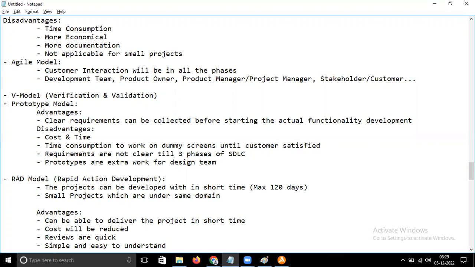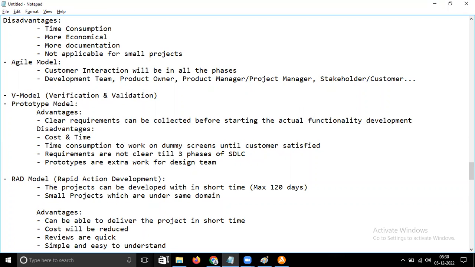Then where is QA? Under which role does QA come? Anyone? Okay. The companies which are following pure Agile methodology nowadays, I can say it's pure Agile. There is no concept of deviating from Agile to any other or partial Agile. No, it's a pure Agile model. The companies following the pure Agile model will have the QA team under the development team only. That means the QA team is included in